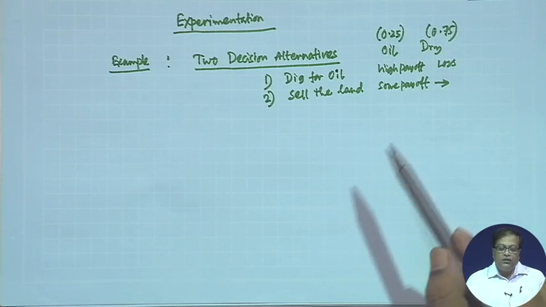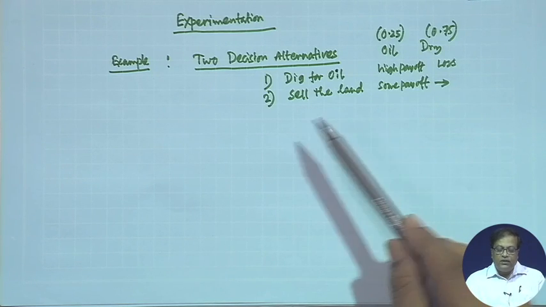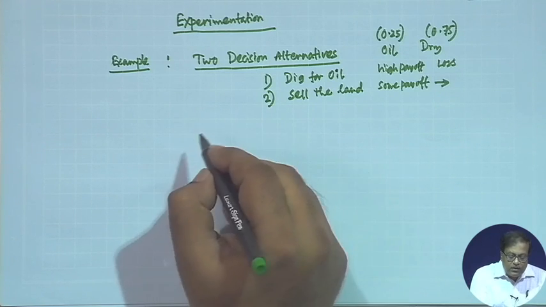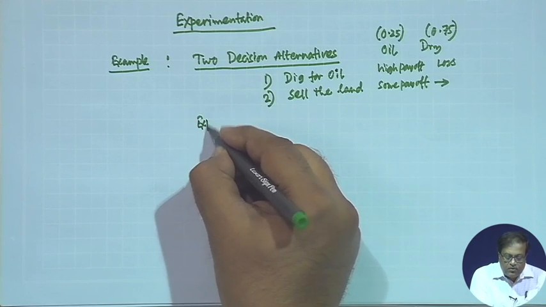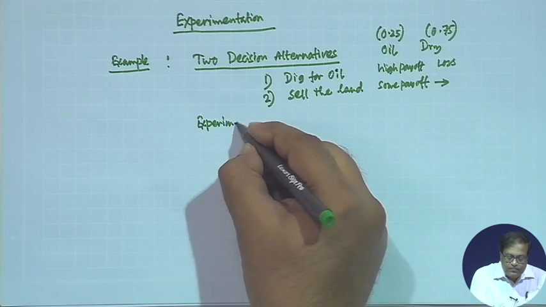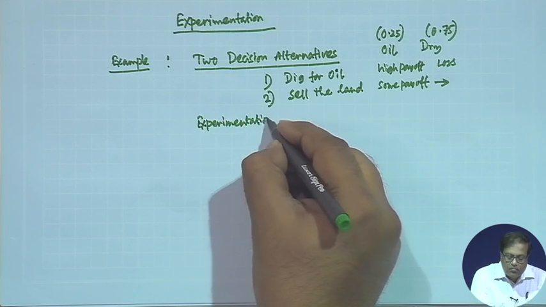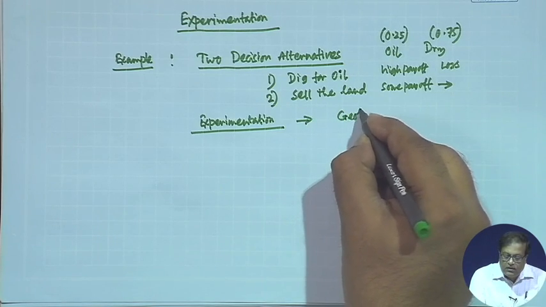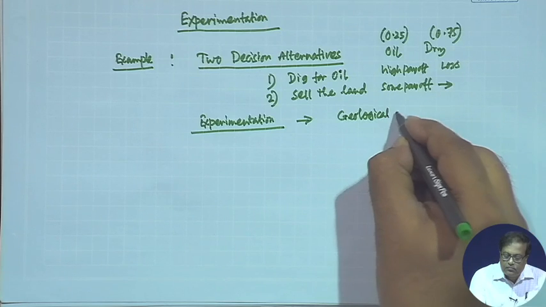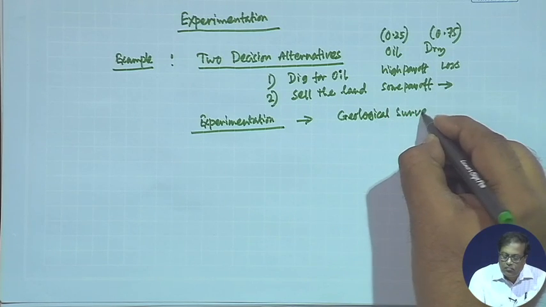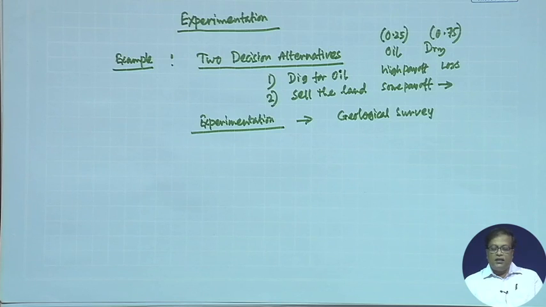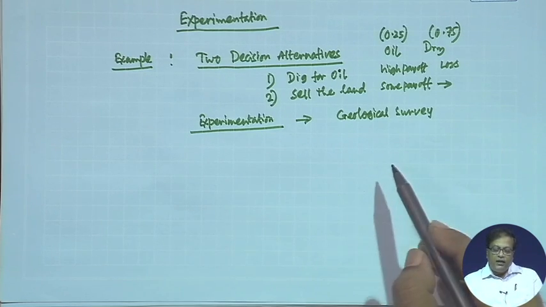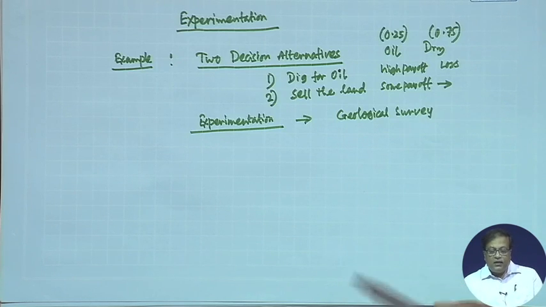But obviously, the person who has bought the land has definitely gone for digging for oil in search of a high payoff. So, what can the company do? The company can actually go for experimentation. Now, what is that experimentation? Experimentation could be a geological survey, and that geological survey uses some instrument,